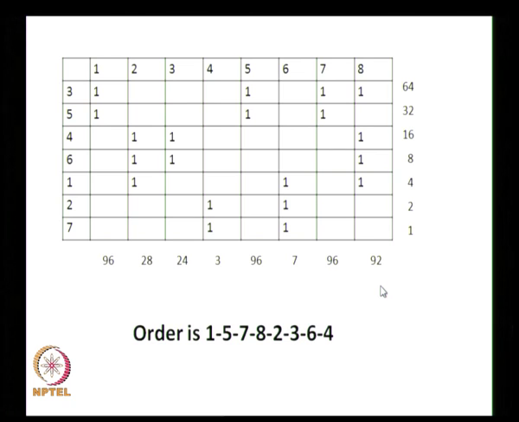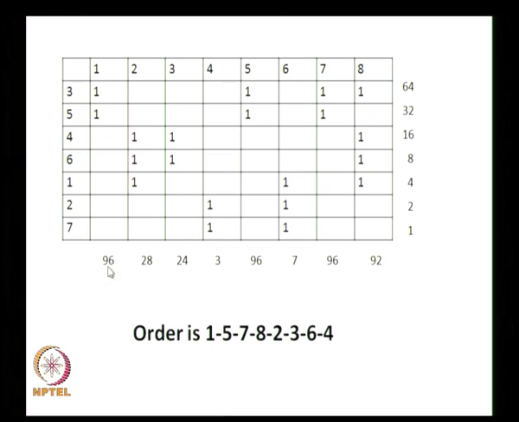So, the weights corresponding to the 8 columns are now calculated by assigning weights to row positions. The assigned or fixed weights to row positions are shown here. Using these, we compute the column weights for each column as 96, 28, 24, 3, 96, 7, 96